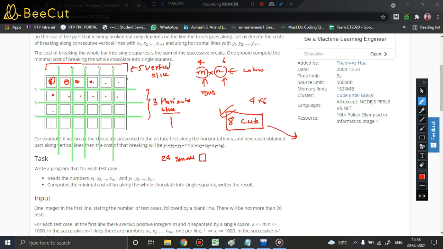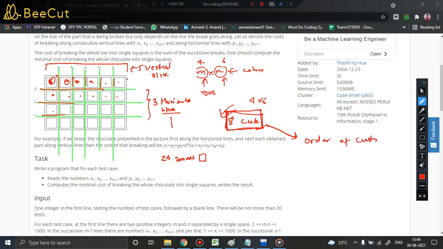This is the first challenge that we did, that we have to perform 8 cuts on this chocolate bar. And what will be the direction of the cuts? Horizontally and vertically, and only along these edges, no other edges. And these edges are this one, this one, this one, this, and this. So overall it accounts to 8 cuts, 8 edges. So now the thing is the order of cutting it.